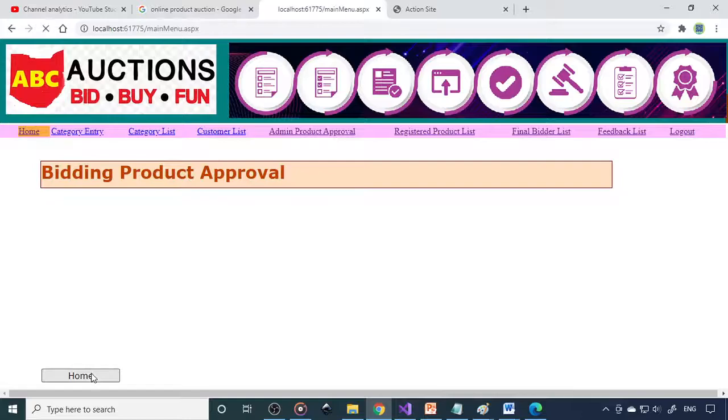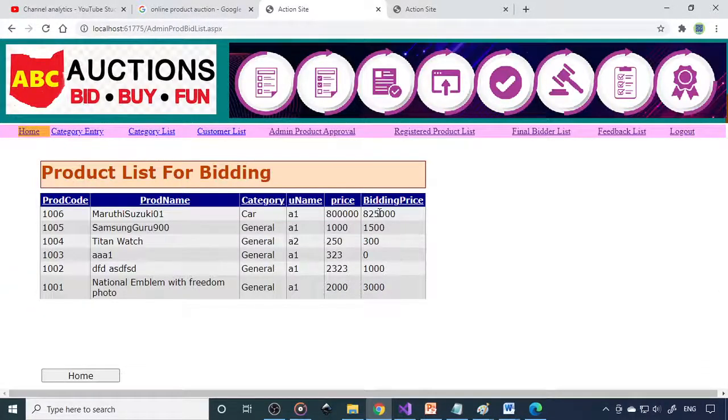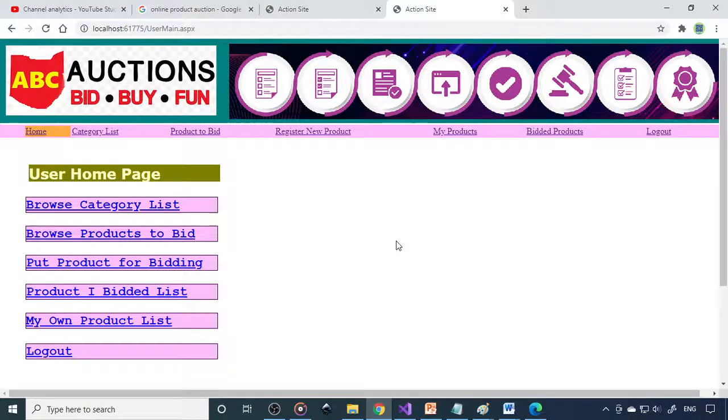Even on the admin side, the admin is also able to view it. Product, now you can see that its initial price is 8 lakh. Now it's running at 8,25,000 rupees. So that's how the bidding concept works. So it's an entry-level project. You can always improve this project. So I hope you understand the concept. So learn this, and then you can implement it in any language. You can write in ASP.NET, or Java, or PHP, or Python. So any language will do the job.